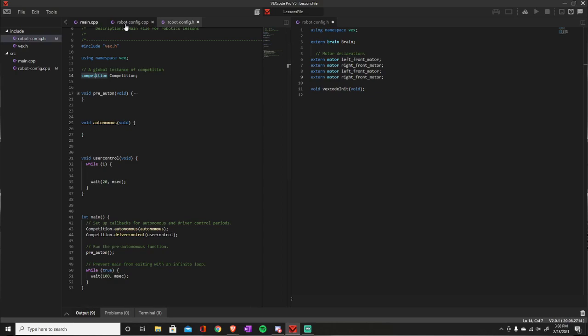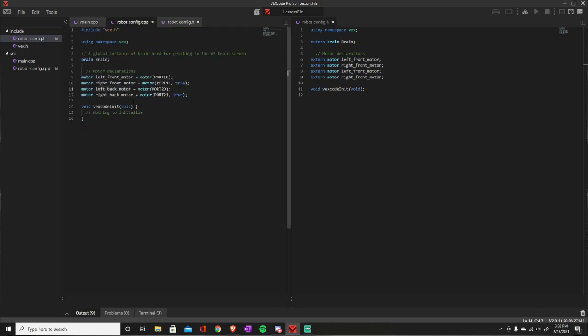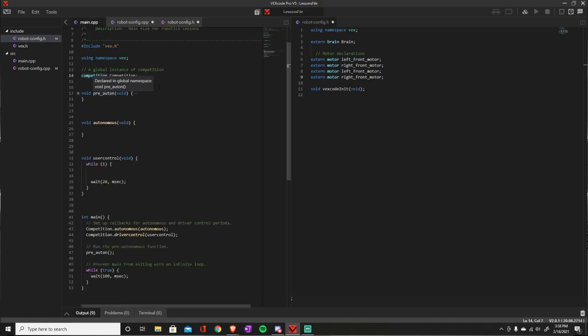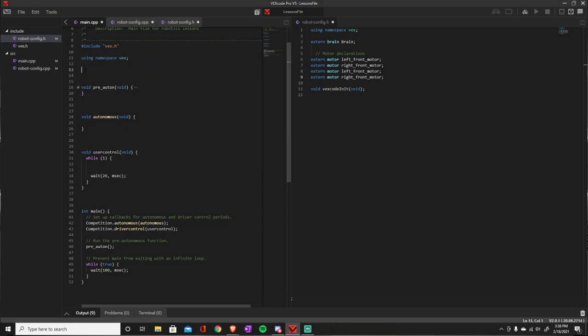So to clean up our code and put all of our main devices and objects in one spot, we can go ahead and move it to this file. That way it's not here. Now what's going to happen is if you come down here, you'll see that this competition object up here is being used. So if we copy this and delete it,